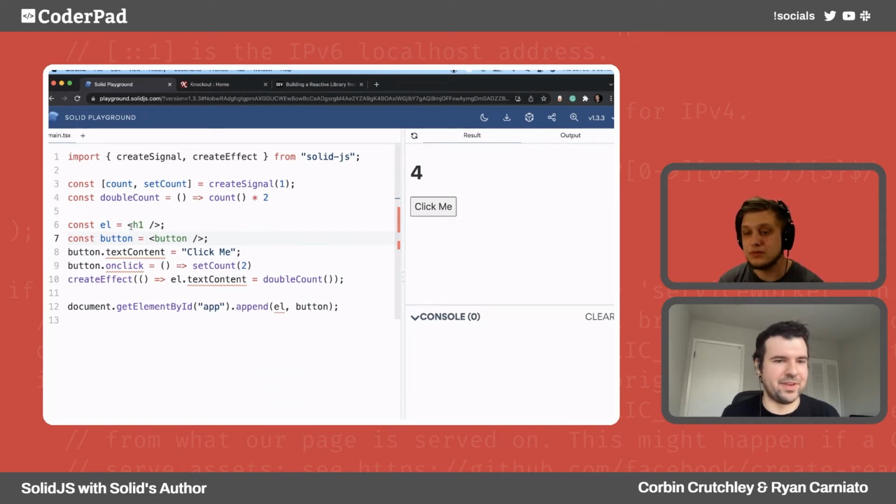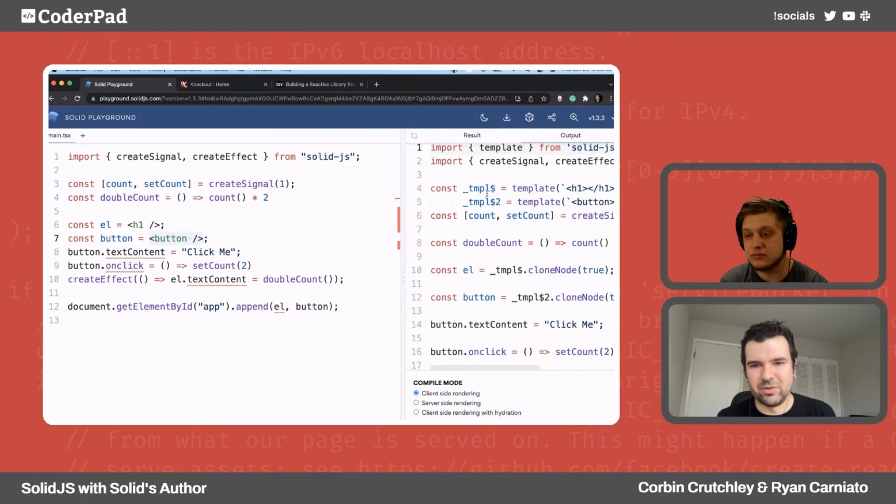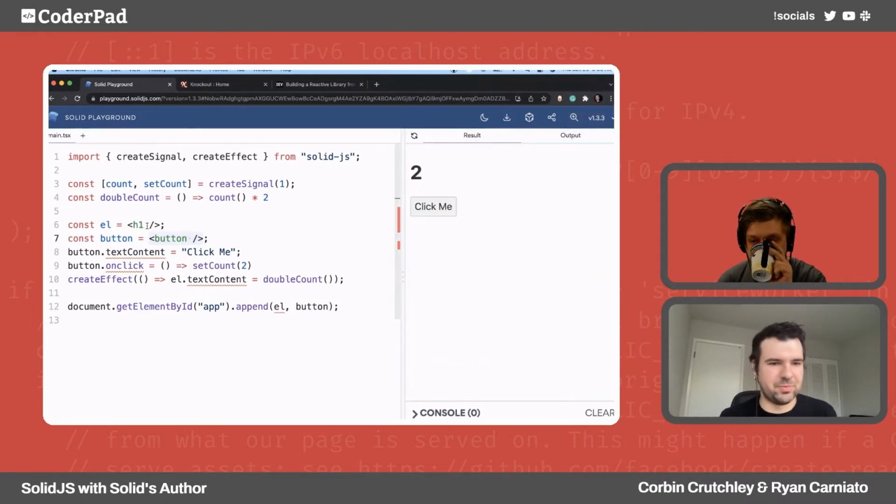Well, and that's the thing. I don't like writing document.createElement. So why don't I just have something do that for me? Why don't I just make a JSX element here and do the same thing? And if you notice, me changing that to JSX didn't actually change our behavior, because if we go over to this compiler, it's doing a little bit different. It's doing a clone node, but it's just creating these elements essentially. So you can just pretend it's that document.createElement.